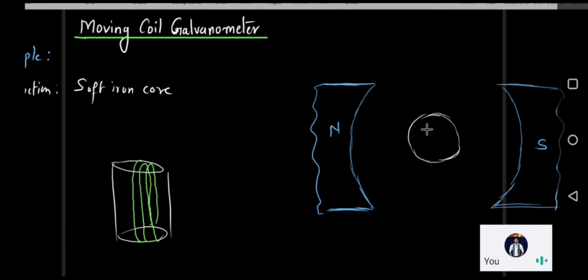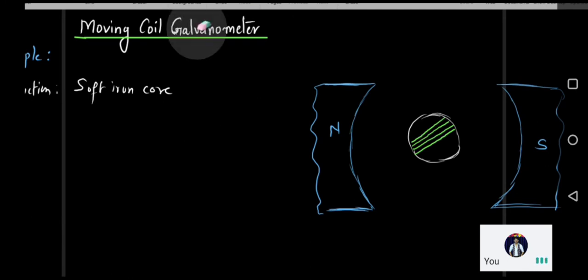So from the top, how will the wires look? The wires will look something like this, like parallel lines. I hope you are understanding this. So this is how the wire will be wound on this particular cylinder. This cylinder which is used is called the core of the winding. The material which is used for this core is soft iron.